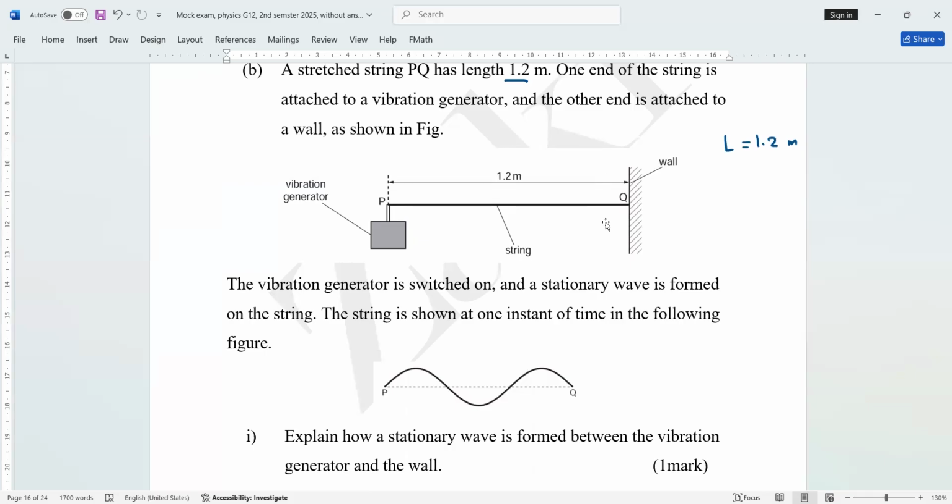Explain how the stationary wave is formed between the vibration generator and the wave. When it travels along